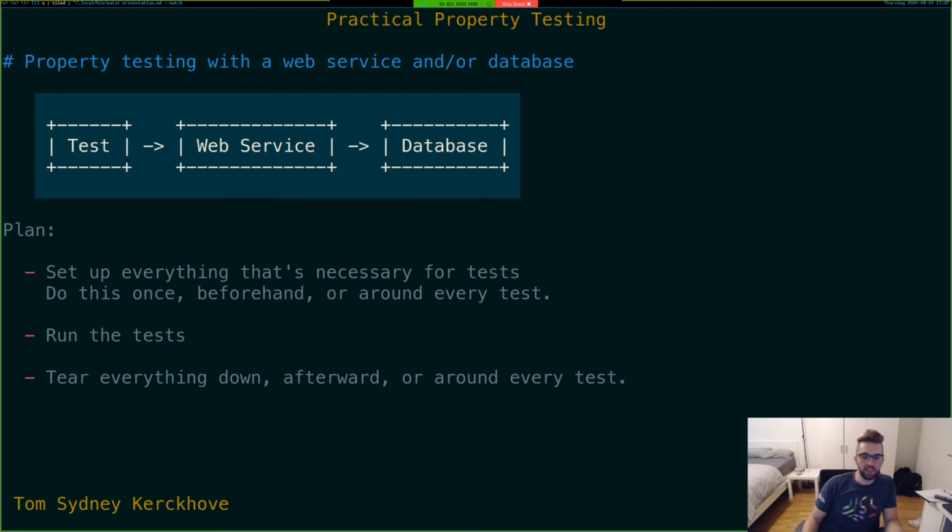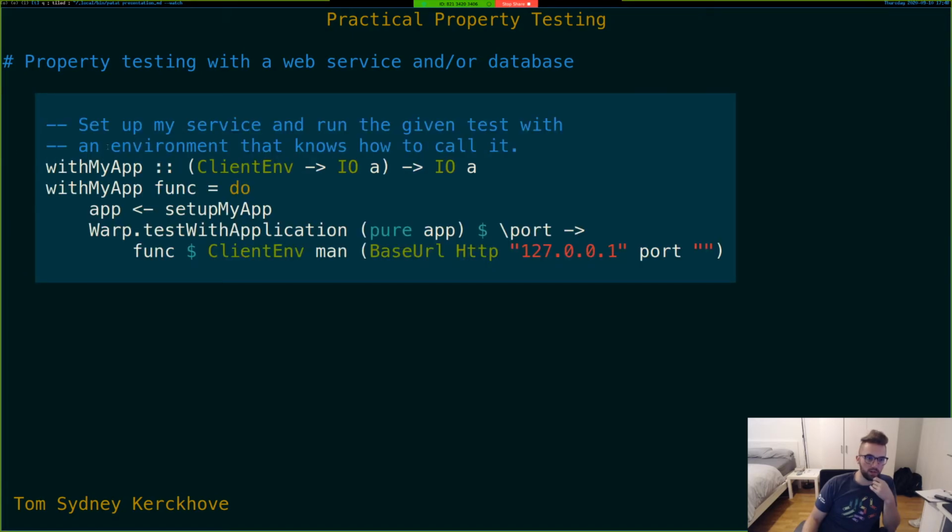And you'll need a function that looks a bit like this. It's called with_my_app, and what it will do is take a given function that will use some sort of value that you can use to contact your service. I call it a client environment, and run a test. And by supplying this test that can use the client environment, I have to now turn that into some I/O